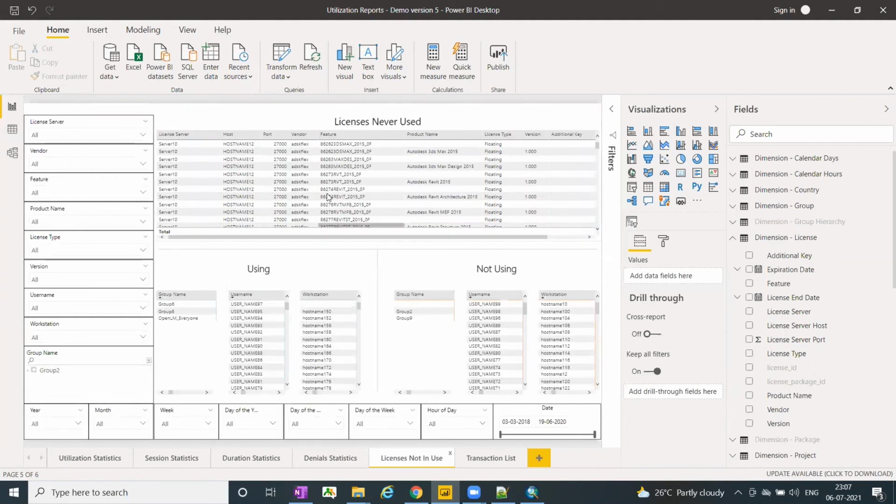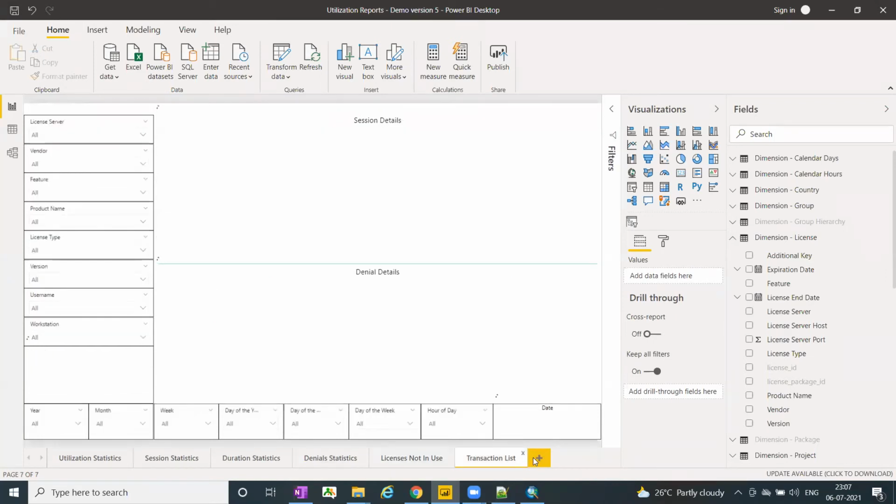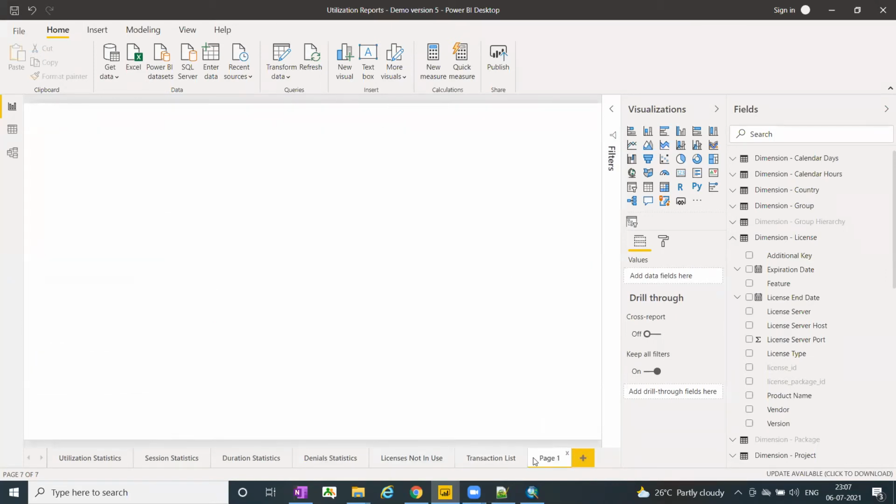Yeah, so here it loads up. Licenses never used, using, not using, that information we have here. So let us create a new one to understand the structure of Reporting Hub.